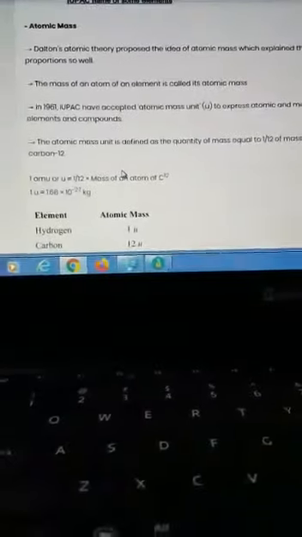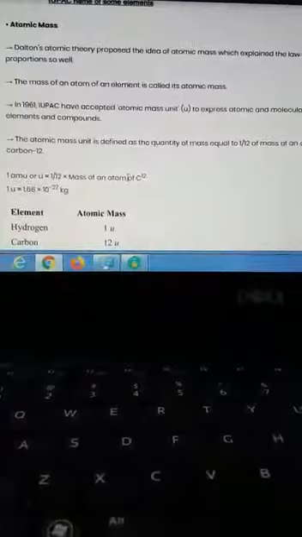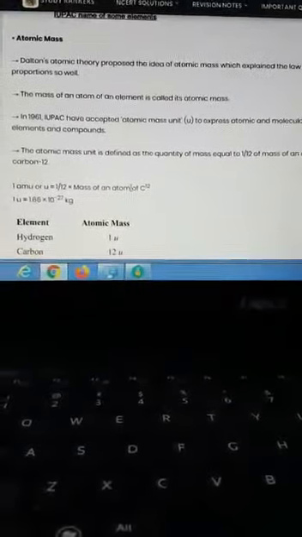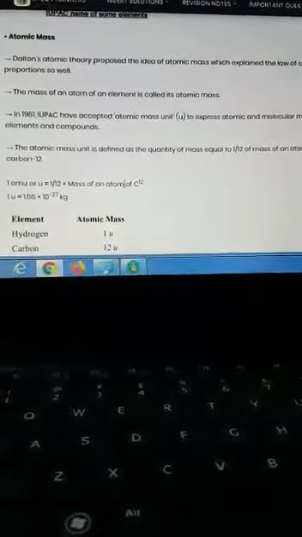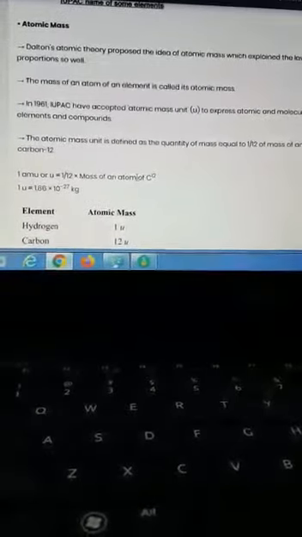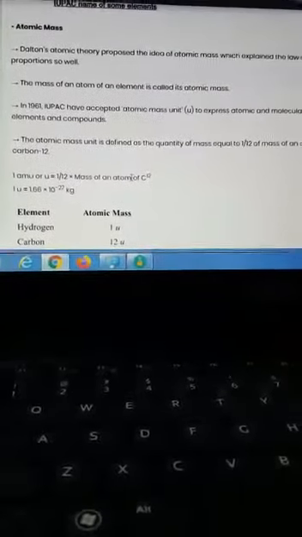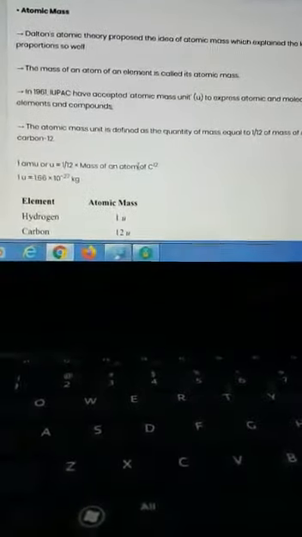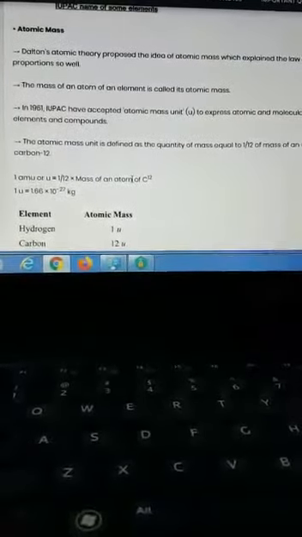They are very small. For that reason, it is not possible to calculate the mass of a single element or a single atom. So masses of the atoms are calculated on the basis of relative atomic mass. That means we calculate the average masses of the atoms, and in that way masses are calculated. Is it clear?